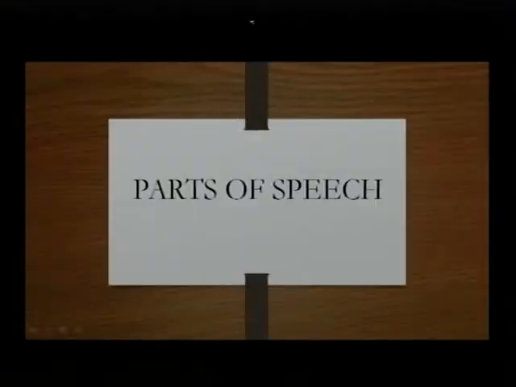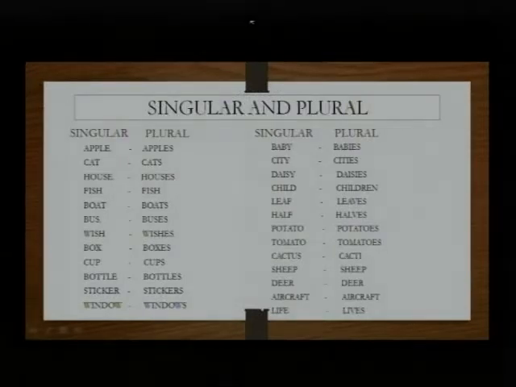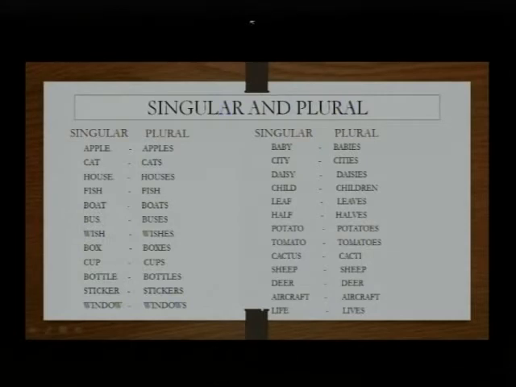In the parts of speech, what are there and what are the most useful things that are useful. So let us see the slide here. If you can see, we have parts of speech. In parts of speech, the first thing that we can see is singular and plural. If you can see, yes, it's also a kind of parts of speech where we have one and many.